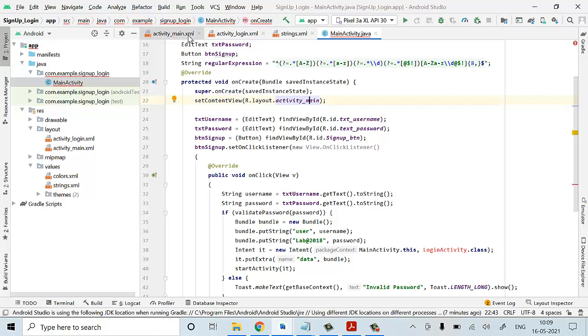Next, we have taken the IDs of the text boxes, like findViewById. It takes the ID of your text box, so it has been saved in the text username, text password and button sign up. In the button sign up, I have created a setOnClickListener.